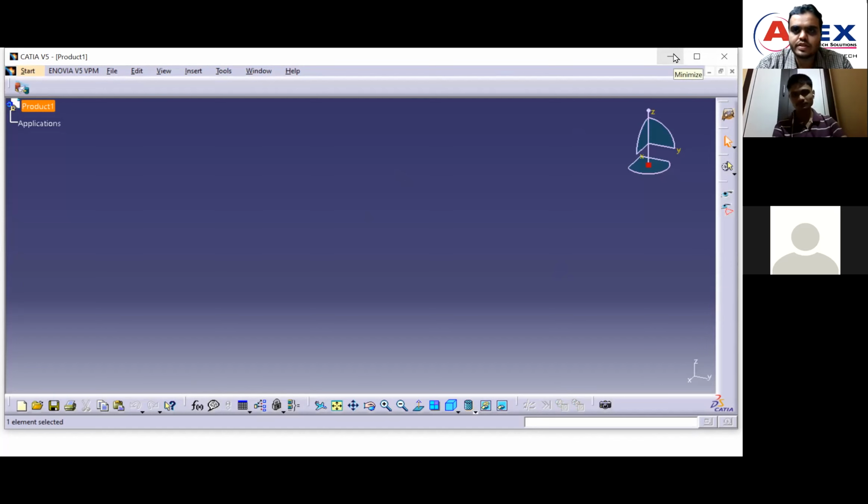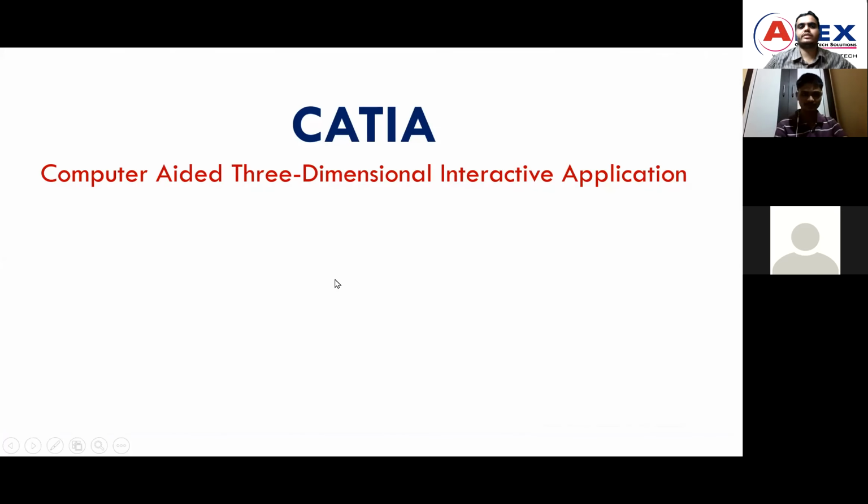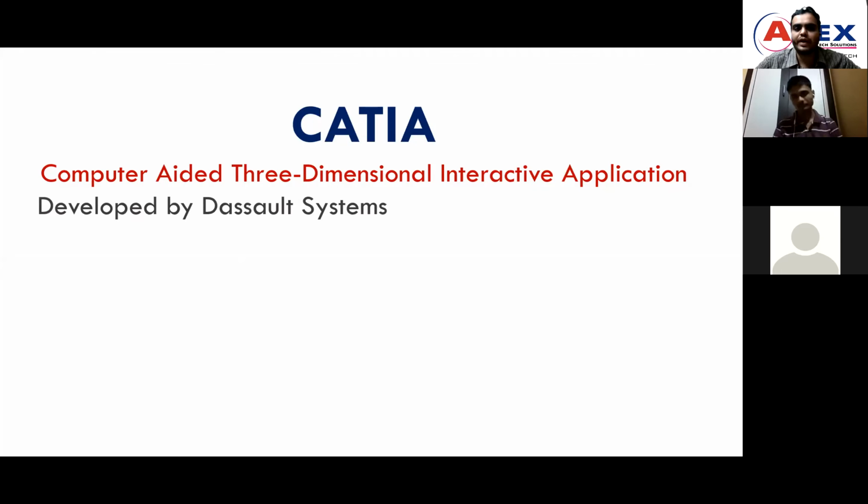I will explain all these things later. So CATIA means computer aided three-dimensional interactive application. It has been developed by Dassault Systems, an aerospace company. Next, in CATIA we have around 6 mechanical workbenches. Usually we have 142 workbenches where we can use CATIA for electrical purpose, wire harness, simulation purpose, animation purpose. Especially for the mechanical domain, we use 6 workbenches out of 142.